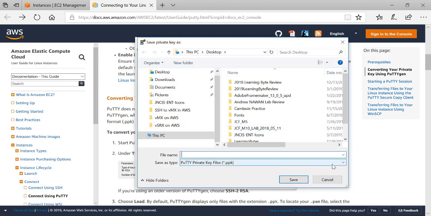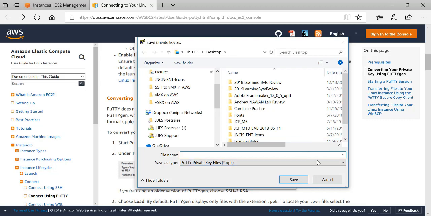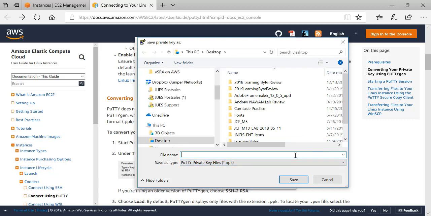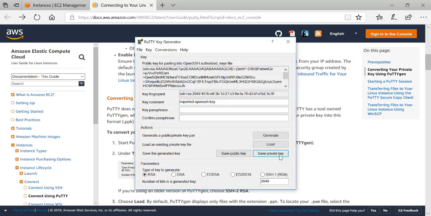It will prompt me to give it a name. I generally try to use the same name as the PEM file, but I need to take the .pem part off the end of it. It's going to save this in the format that Putty understands, with the .ppk extension. I'm going to save this to my desktop. And now I'm done with PuttyGen, right? So I'm going to close this